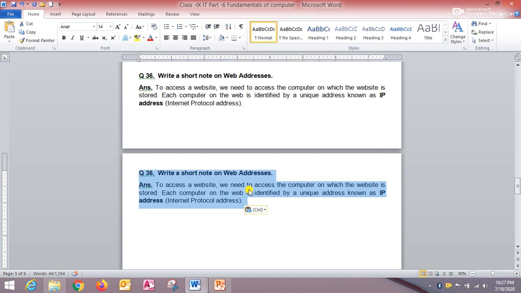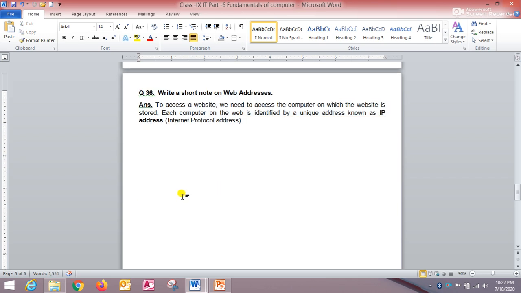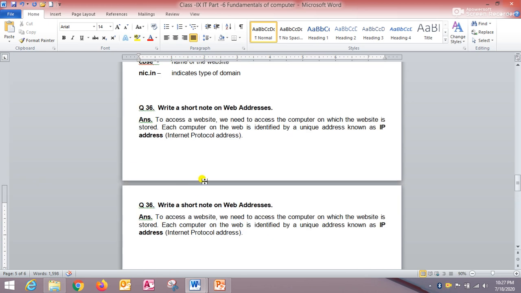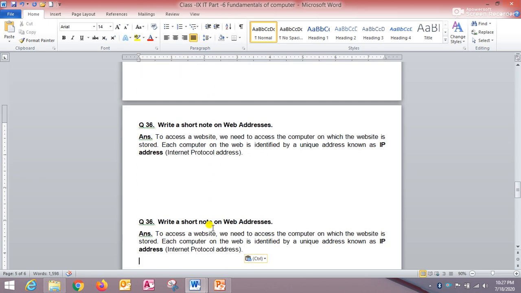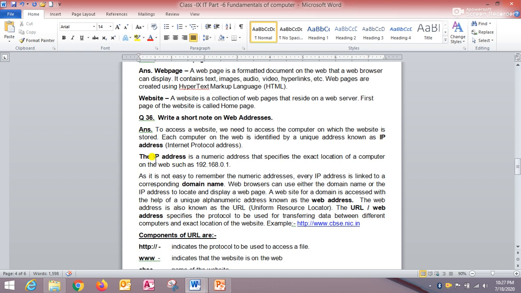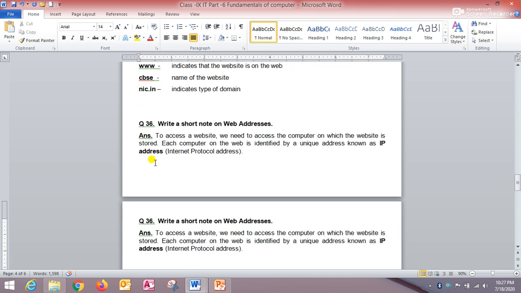Shortcut key to copy the text is Ctrl plus C, and then place the mouse pointer to the desired location and press the Ctrl plus V combination from the keyboard. So in that way we can create the duplicate copy of the selected text, right? But the original text will be available at its original location. It will not be deleted, right students?